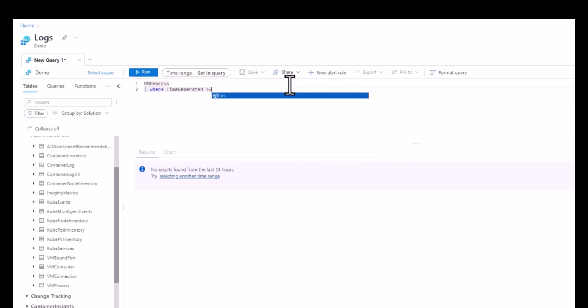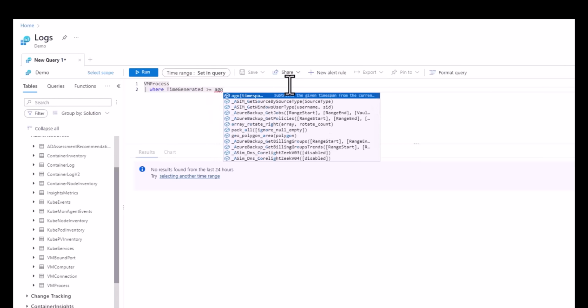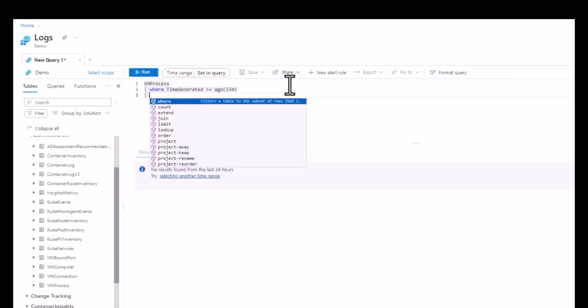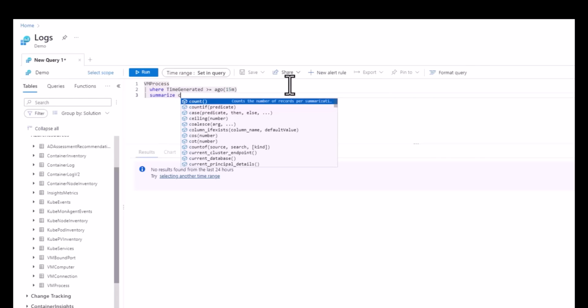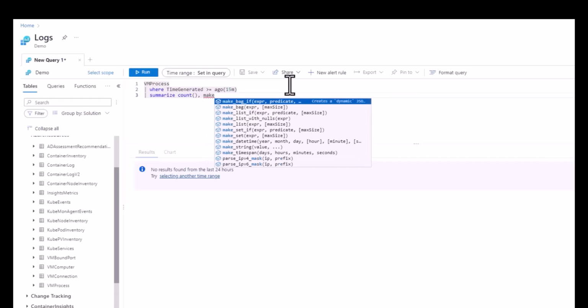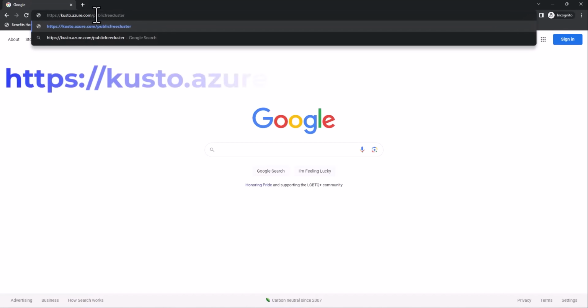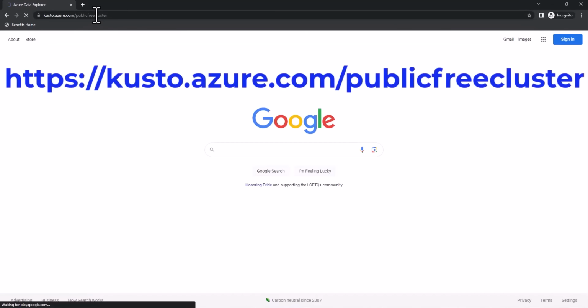The first free data set is Azure Data Explorer, or ADX for short, and the second data set is a Log Analytics Workspace, or LAW for short. Each environment has different sets of tables, and the layout of the GUI is different. We'll show both in this course so you're more comfortable using KQL in different applications you might find in your work environment. To access the free ADX environment, navigate to